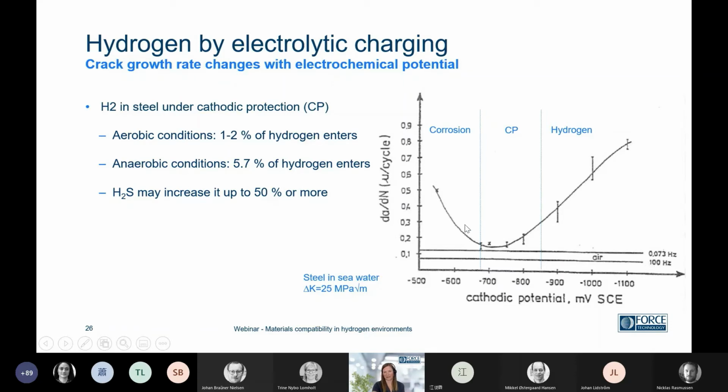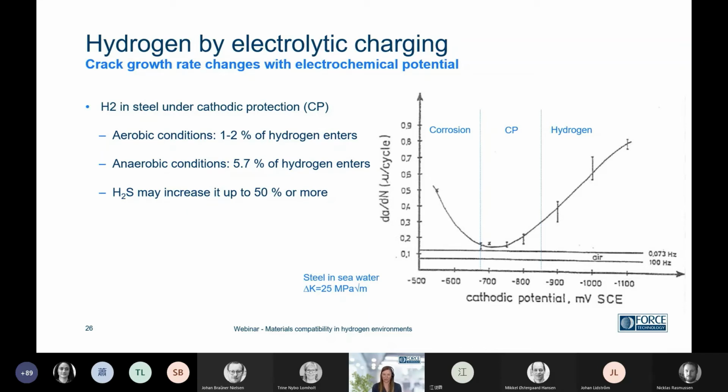If we move to the left, you'll have corrosion. Of course, that is the whole point of adding CP, cathodic protection: it is to avoid corrosion. But if you increase or decrease the cathodic potential, you actually have hydrogen evolution. And we've seen a lot of damages from overprotection by cathodic protection, because you have so much hydrogen forming that